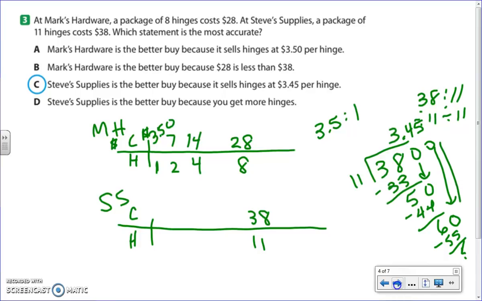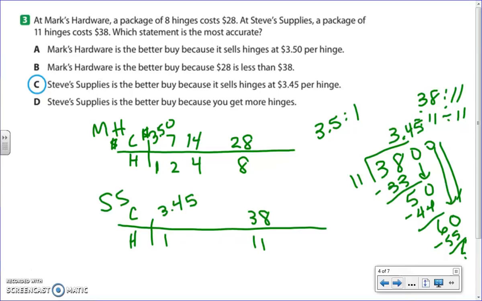But bring it down to the next one here. So it's not exact, but it looks to me like it's going to cost about $3.45 for hinges at Steve's Supplies. Even though it's not perfect,